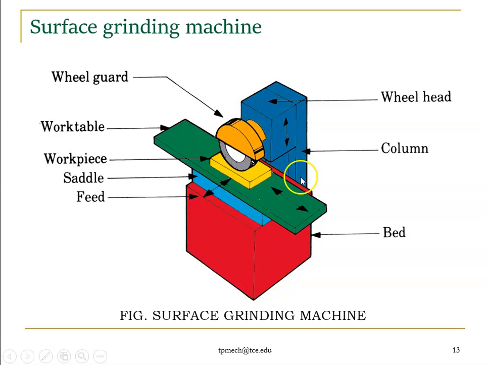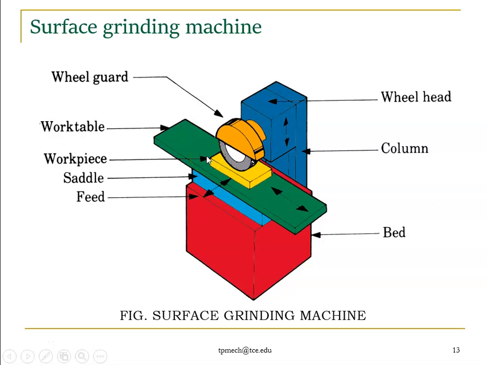And we have a vertical structure called the column. It's the blue color, a vertical structure or column. It carries the spindle head, right? And we have a grinding wheel guard, which prevents chips from flying away from the machine. So the grinding wheel guard and the grinding wheel. From this image, you can easily observe that it rotates about a horizontal axis. So it is a horizontal spindle, reciprocating table.